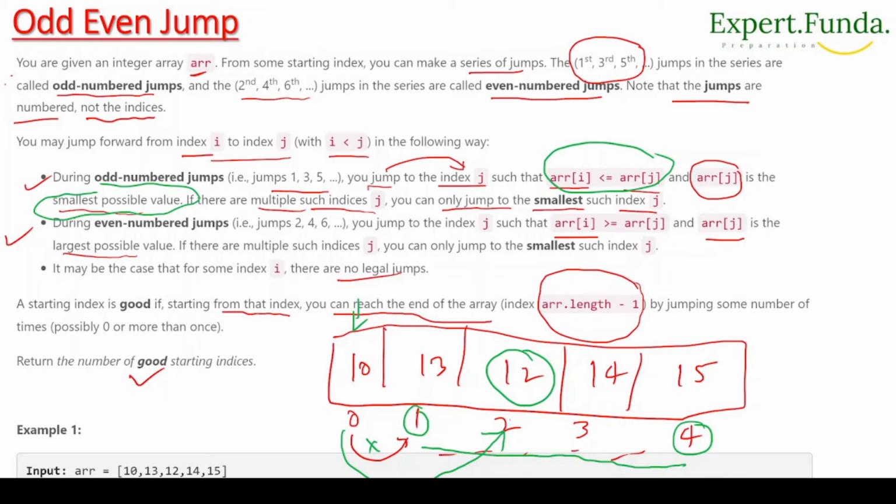Okay, and I am at this position. So from here, this is the indices 2, right? Now we have to check the next jump, right? So this is the second jump, right? So this is the indices 2, right? And if you talk about the indices, right? This is 1, 2 and 3, right?